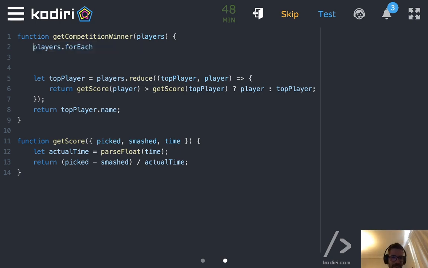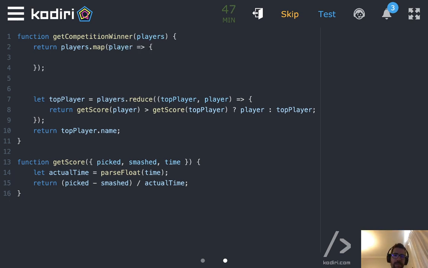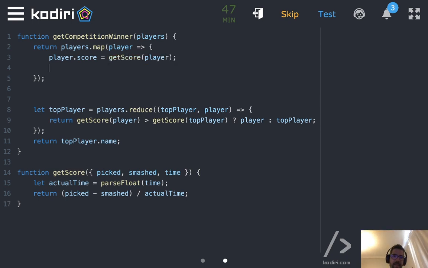But the plan will be return players.map. So for each player, what we will do is player.score equals, and then return player. So I will be essentially adding a new property called score.